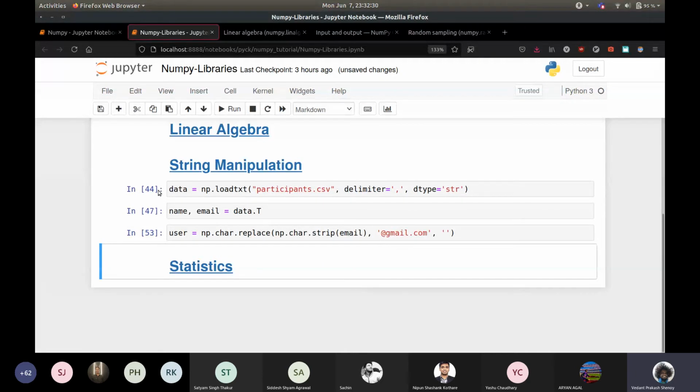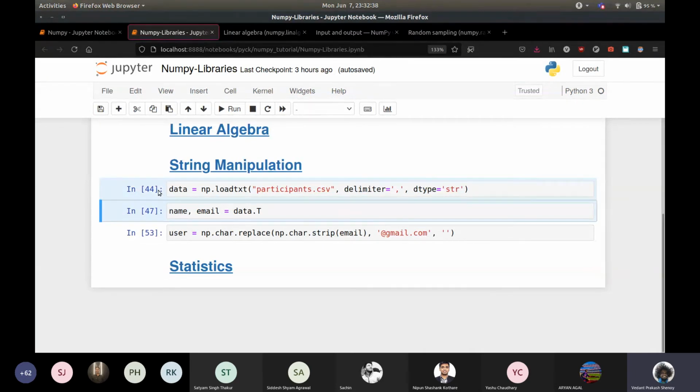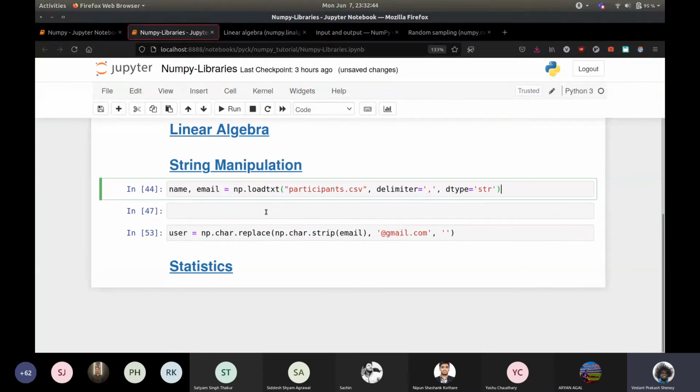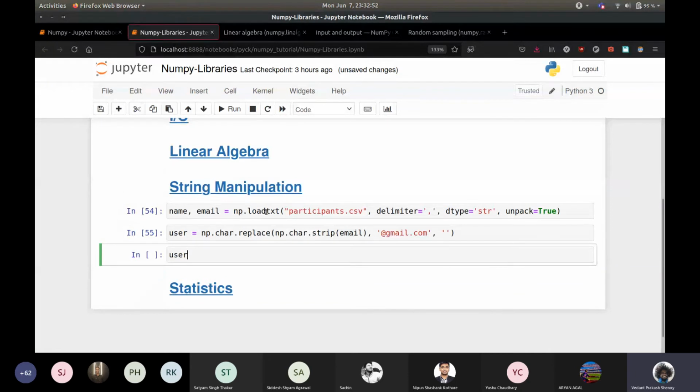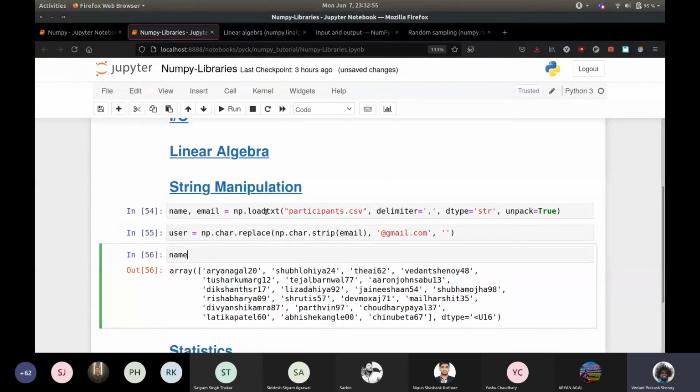So if you remember the tutorial one question, how long it took and how many lines it had at the end, using NumPy, you can just do it in like 3 lines. And you don't even need 3 lines because you can just do this much. Here you can give something called unpack equal true, and it will do the transpose for you. So really, there's nothing here. You already have the user immediately. You have the name.